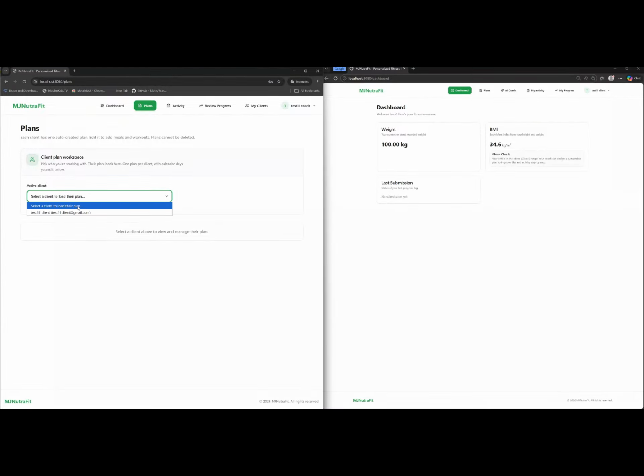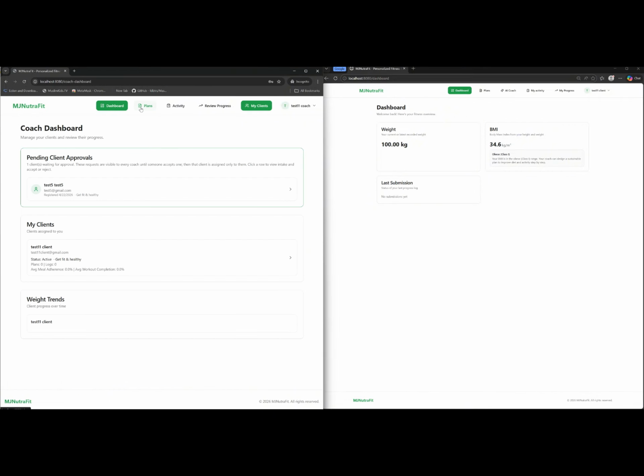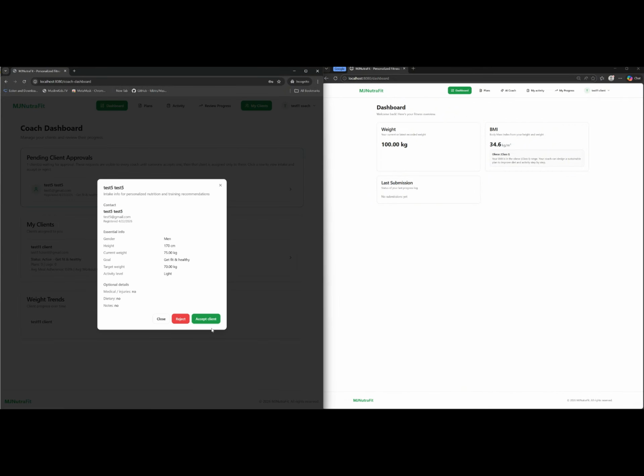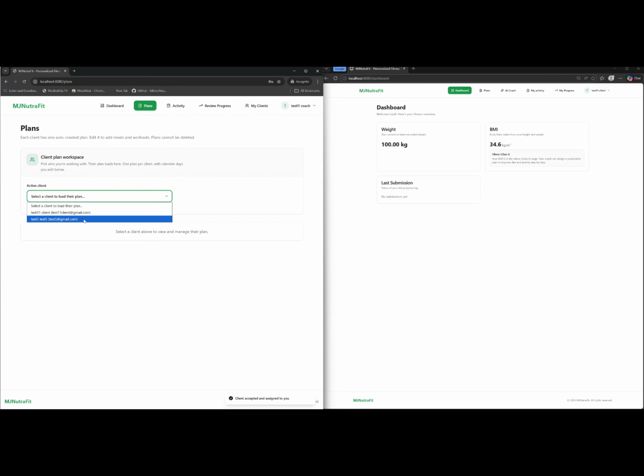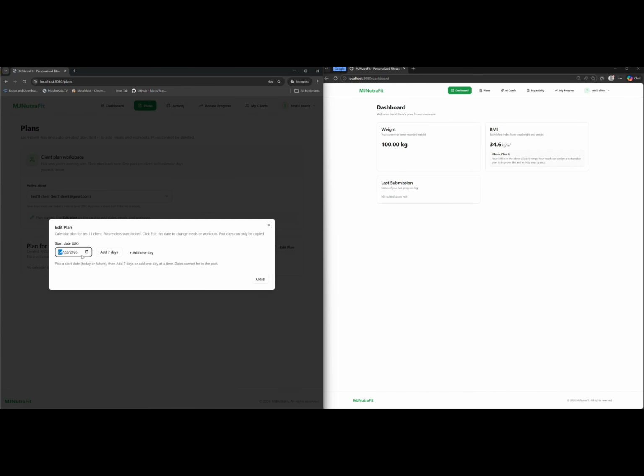So over here I can choose which client I wanna create a plan for. Let's accept two clients. However, I'm gonna create a plan only for the current client I'm at right now. I choose the date. This is set as UK time,